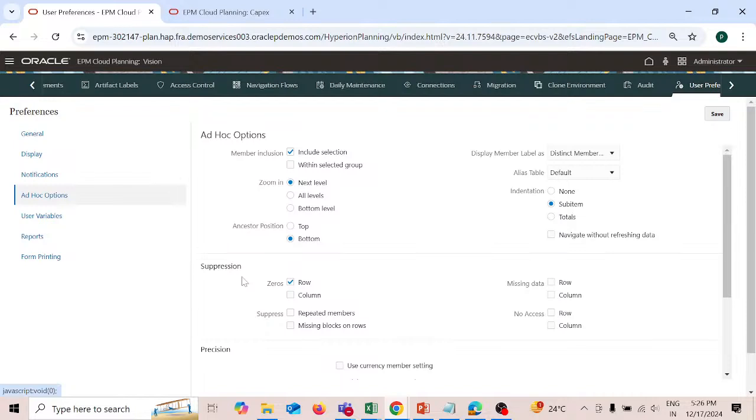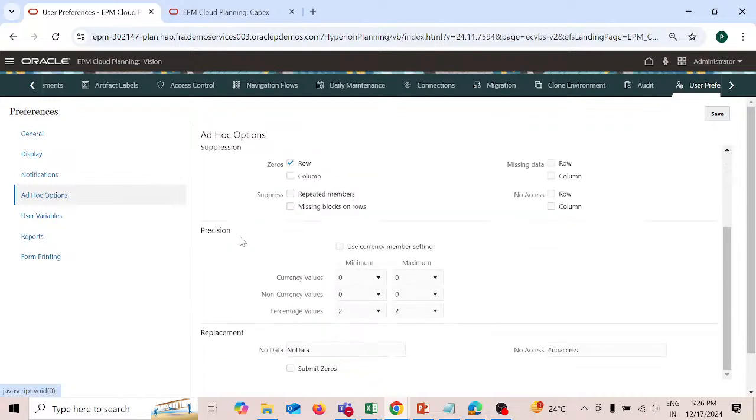You can provide suppressions, you can provide the ad hoc options over here. Then precision is how many decimal places you want for currency or percentages. Then here there's replacement of data view. If there is no data, it will show you as no data. Now the ticket says this should be replaced with data not loaded. So first this is no data. Let's check in the ad hoc grid what it is showing. I will keep it as no data itself,